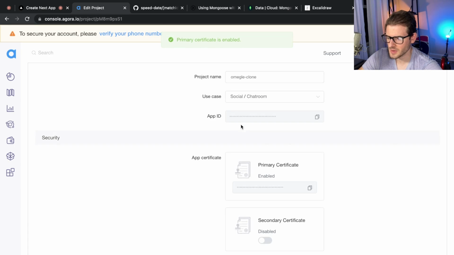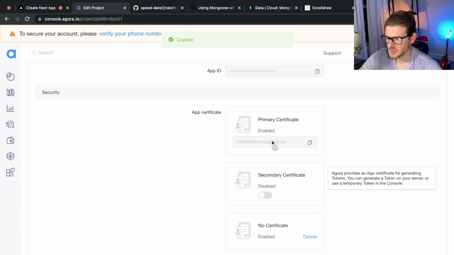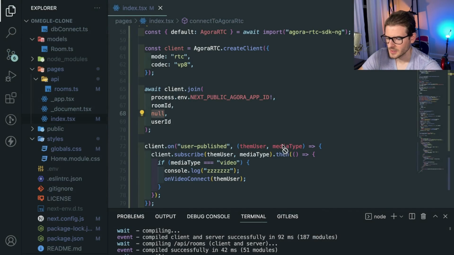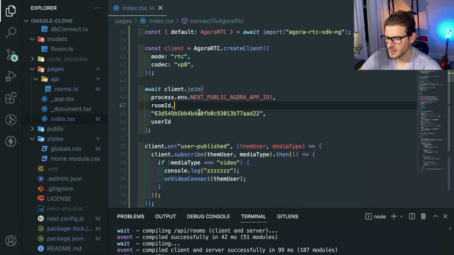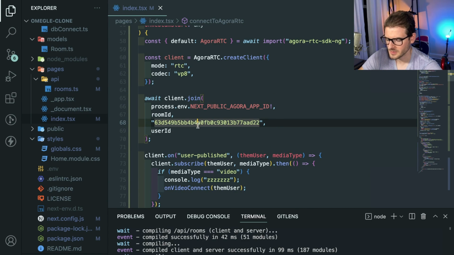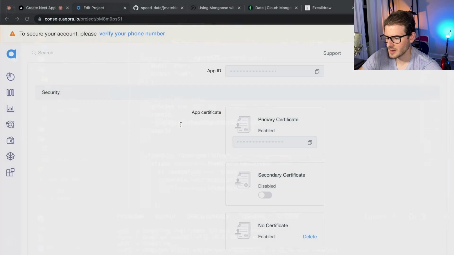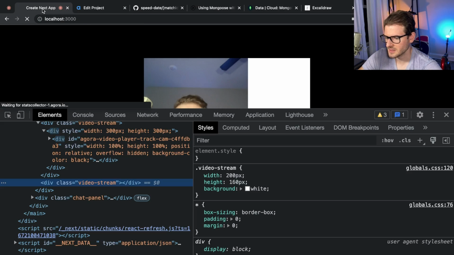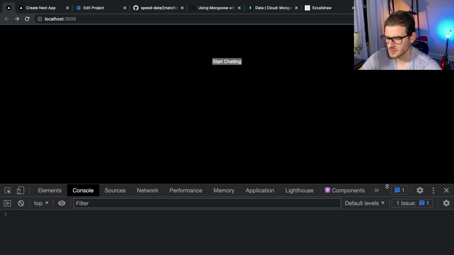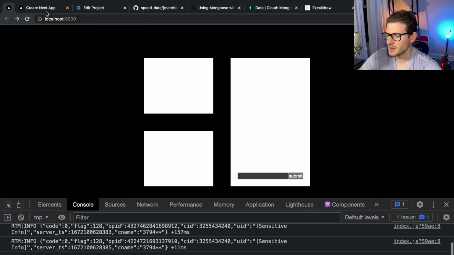Let me go ahead and turn on the primary certificate. And that'll give us a little token we can use. So I'm going to go ahead and hard code that token in right here and see what happens. This is like a token that lives 24 hours, and you have to regenerate it next time. But I think we might be running into some type of security issues where